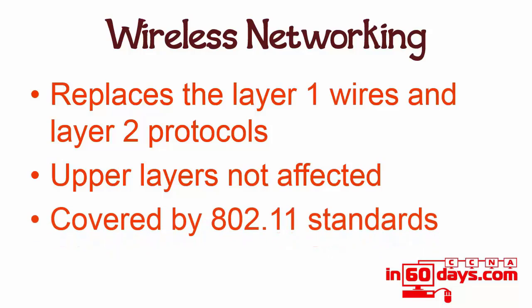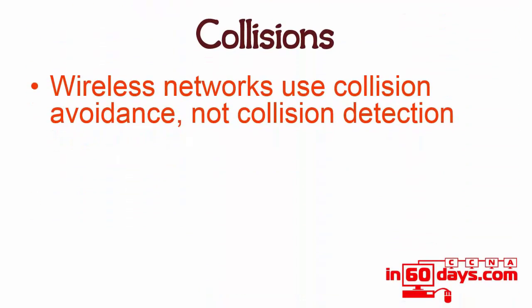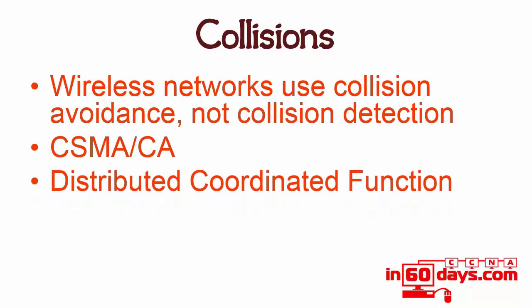There's various 802.11 standards, which I don't think you're expected to know anymore for wireless, because Cisco have created a CCNA Wireless now. Alright, collisions, which we cover later for Ethernet. Wireless networks use collision avoidance. Collision detection is used in Ethernet networking, wired networking. For short, it's known as CSMA/CD. Wireless uses CSMA/CA,